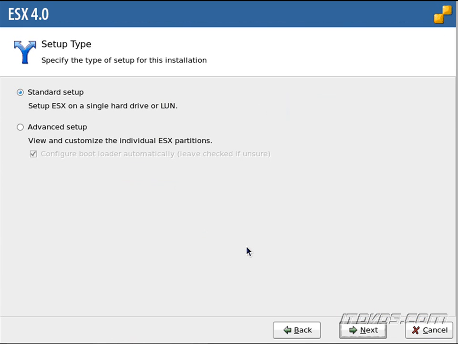Now we're at the Setup Type section, and we're going to configure our partitions for our ESX server. Now this is different than it was with ESX 3.5. We have two options here. We got a standard option. This is going to set up ESX on a single hard drive or LUN, and it's actually going to be the first disk, and it's going to create a VMDK for the service console. So we'll get into that in a little bit when we go through the advanced setup, but know that this